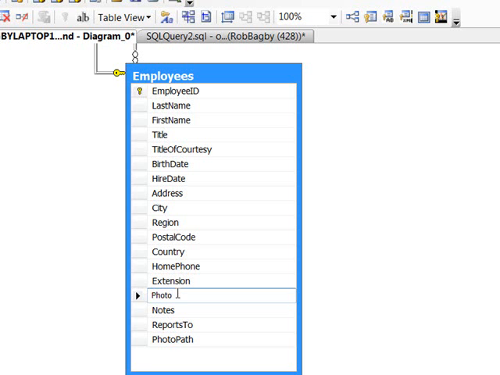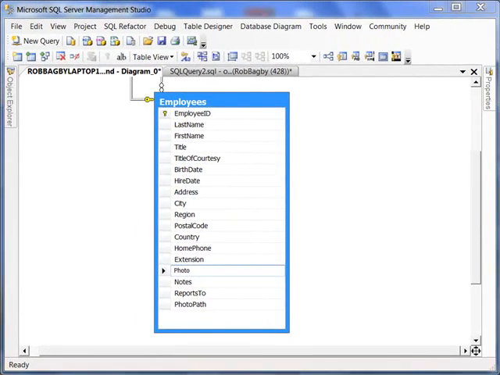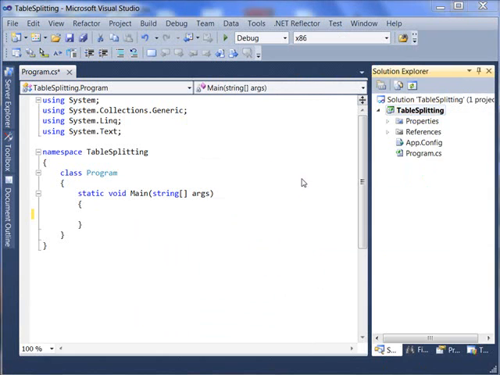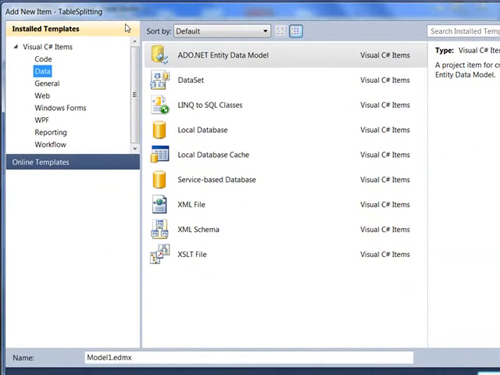Now, the other, maybe less common, use case is you've got some information in a table that you may not want to provide to all consumers. Think along the lines of credit card information or maybe social security numbers or something like that. Something that you may not want to provide to everybody. You can also use table splitting to take advantage of that. So with that, let's go ahead and build out a model where we've got an employee type as well as an employee photo type. So to do that, let's go ahead and add in an ADO.NET Entity Data Model,